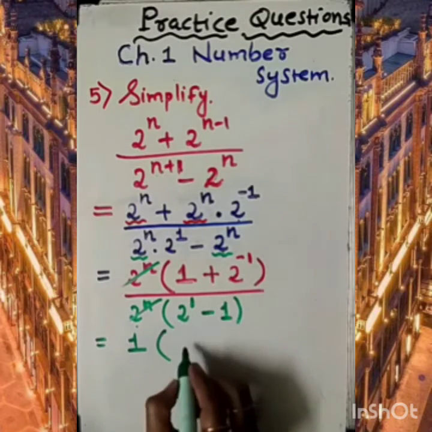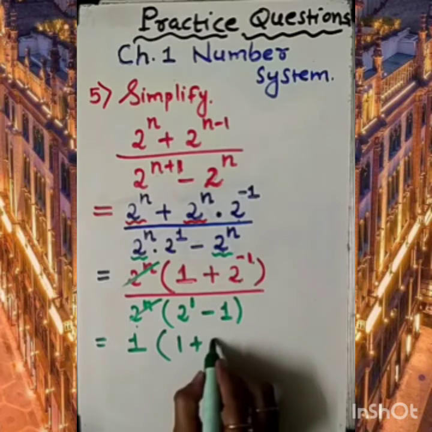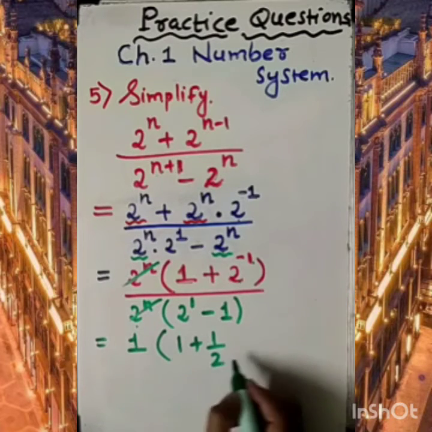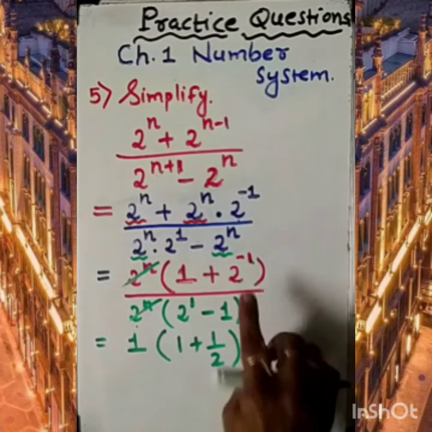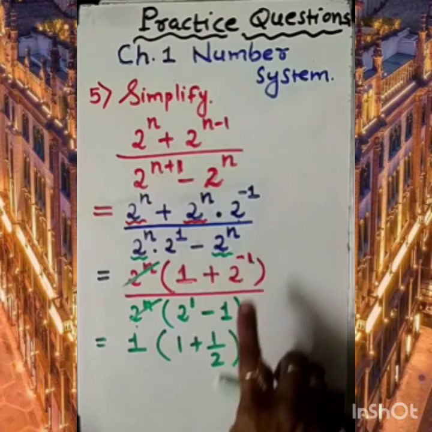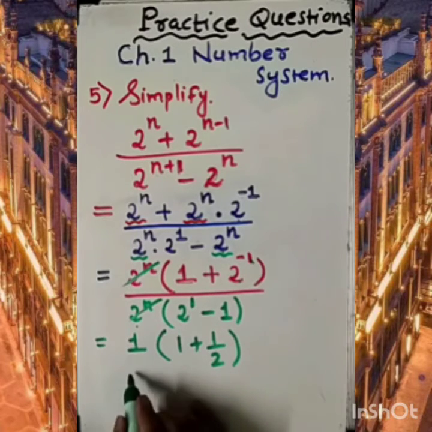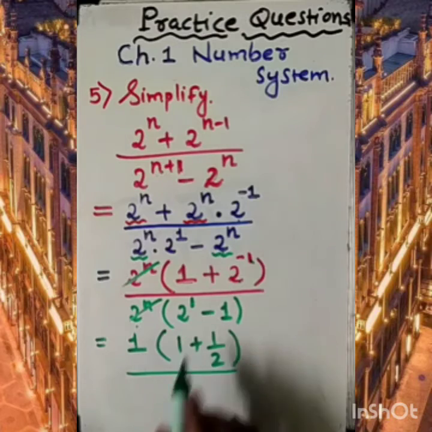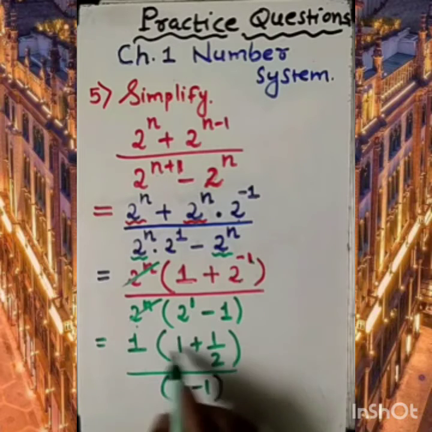Now here 1 is already there. We know that 2 to the power minus 1 means 1 upon 2, 1 half. How? Because if we remove this minus, then we need to write it here, it is plus. So next step, 2 to the power 1 is 2 minus 1, simple. As we know, 1 into any number is same.